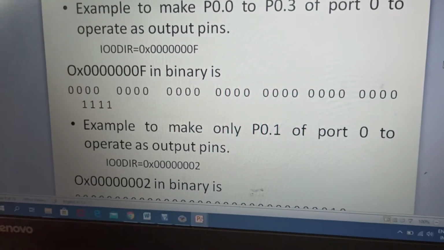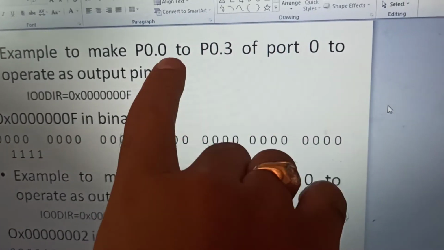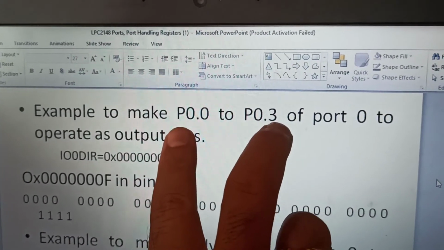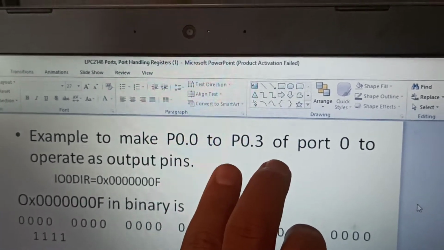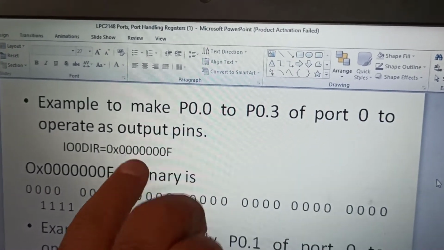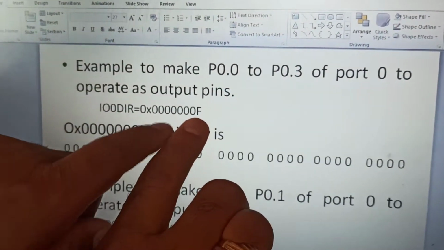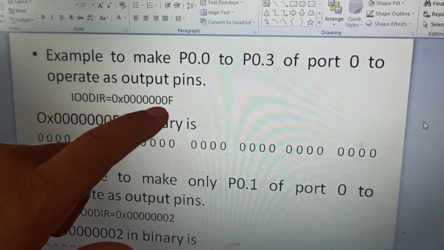If you want to select particular port bits, and you don't want to select all the bits of port 0, in this example, port 0.0 to port 0.3, only 4 port pins: port 0.0, port 0.1, port 0.2, port 0.3, to be selected as output, we select only the first 4 bits by writing IO0DIR 0000000F.